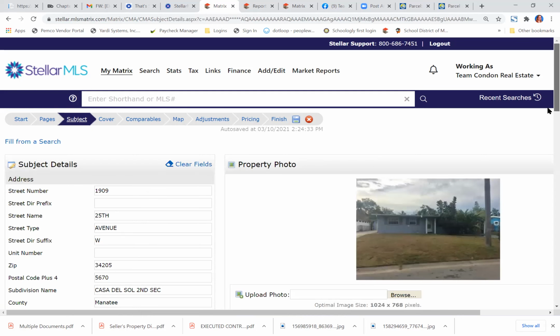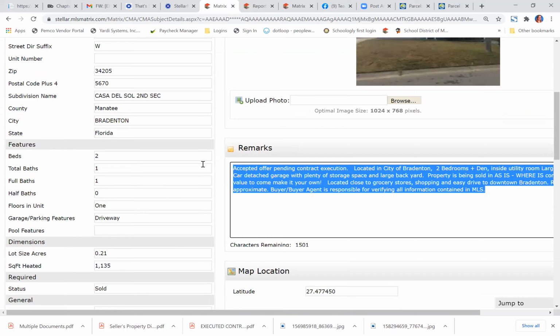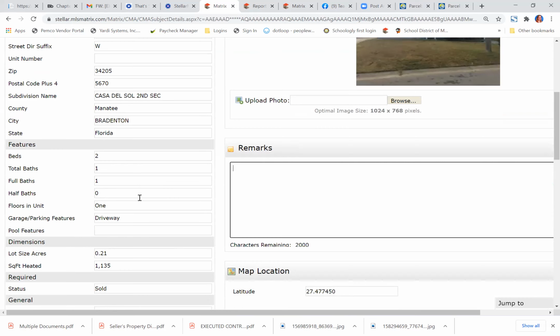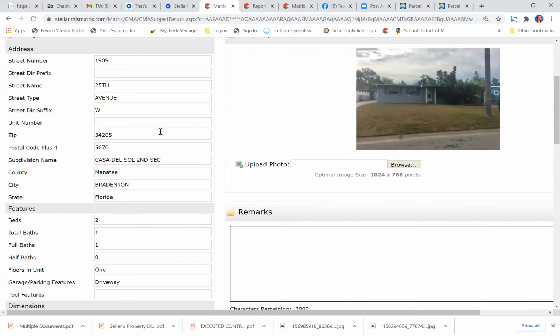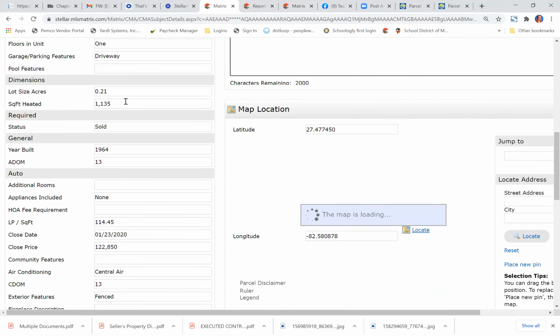And that looks just like my little house. 2 bedrooms, 1.5 baths. Okay, I'm going to remove my remarks. I'm going to remove anything that has to do with the past sale, like the sold status, list price per square foot, close date, closed price, days on market,